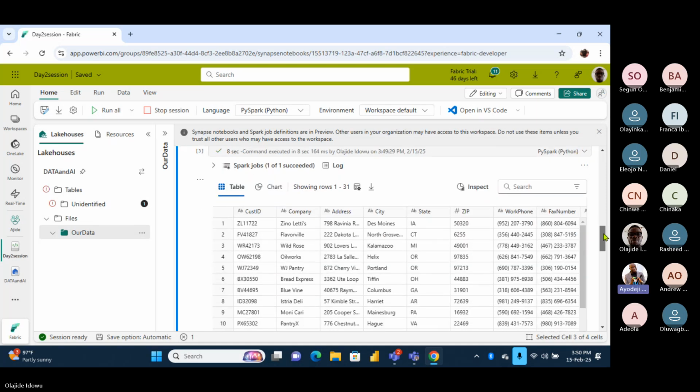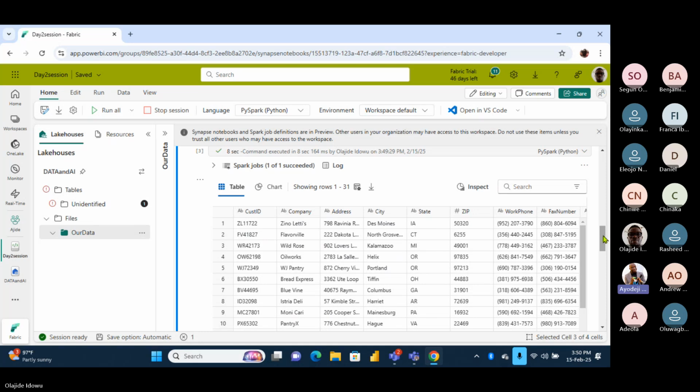Now, with all what we have here, this is our data already in a data frame. What we can do now is to start to clean up this data. So what are the types of cleaning we can do here? Number one, there is no number here where you can do calculation.